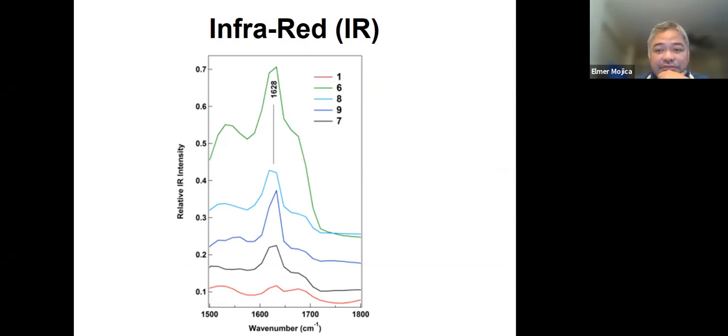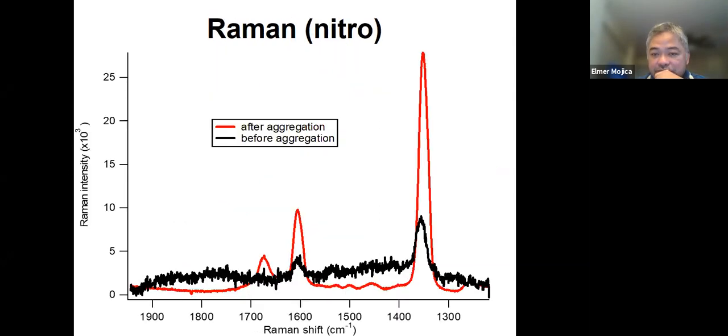Whenever there's amyloid formation, most of the materials form a beta sheet conformation. And we try to compare the peptide, the aggregate, before and after aggregation. So as you could see here,